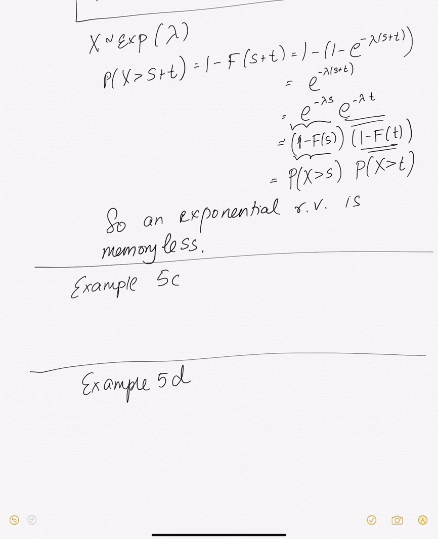All right, and here we're going to look at it in both a general situation and also an exponential situation. Okay, so suppose that the number of miles that a car can run before its battery wears out is exponentially distributed with an average value of 10,000 miles. Okay, so the number of miles that a battery can run is exponential with an average of 10,000. All right, so number of miles